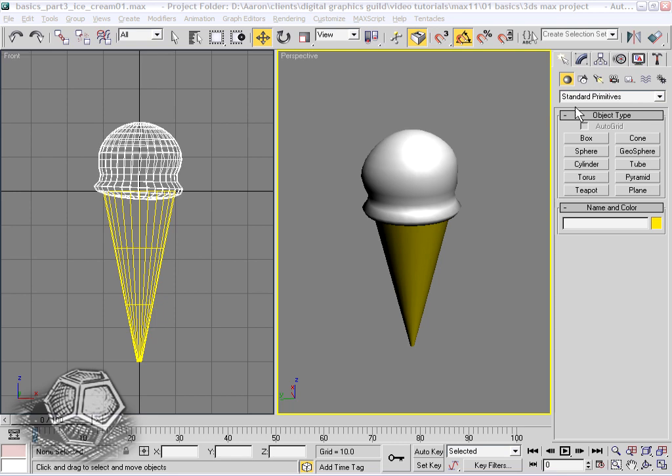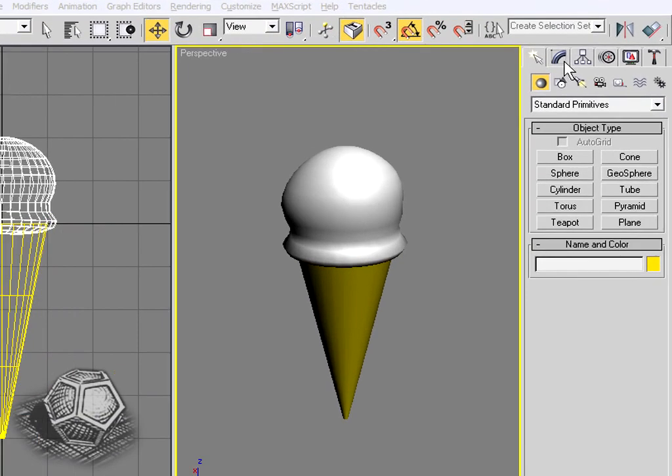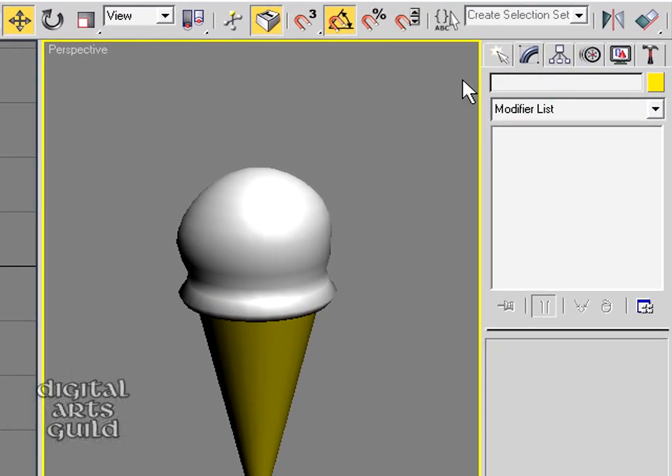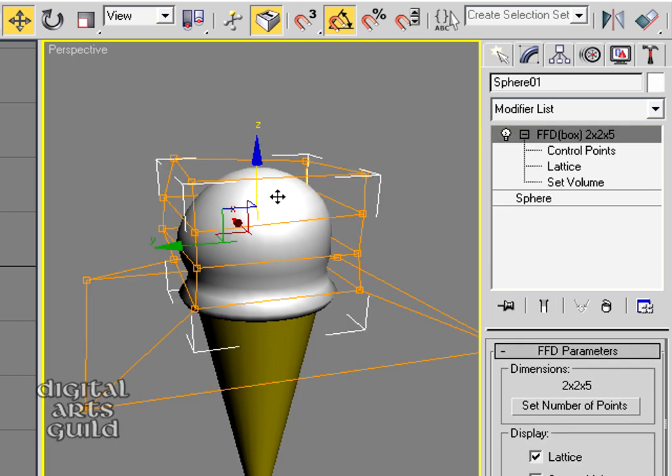So in your command panel, take a look up here. You've got your Modify panel. And if you select an object with the Modify panel active, you will see its so-called modifier stack. So that's what we have going on here. That's how I've shaped my ice cream. Okay, so let me take you through the steps of how to use the modifier stack to create this simple